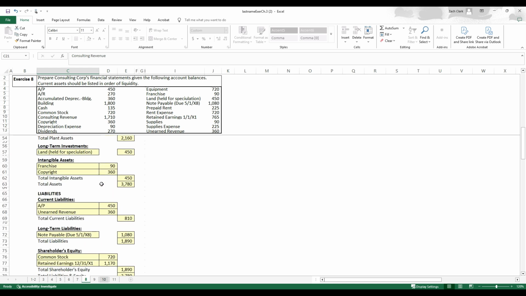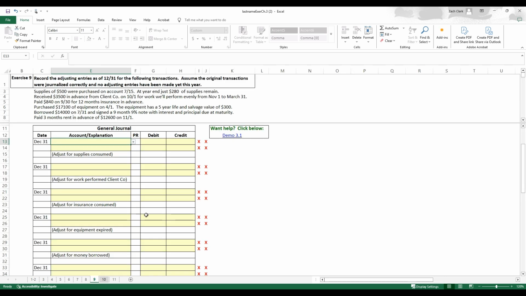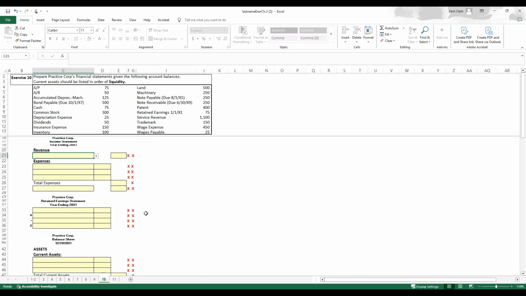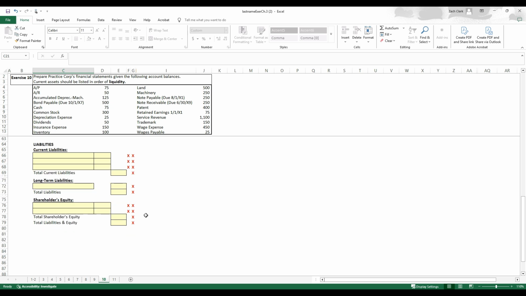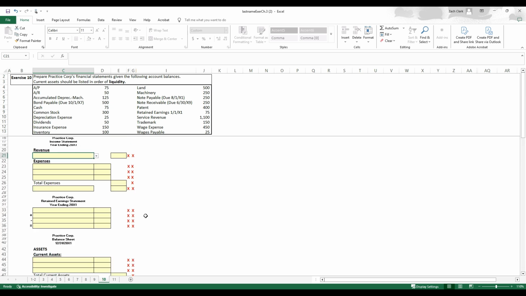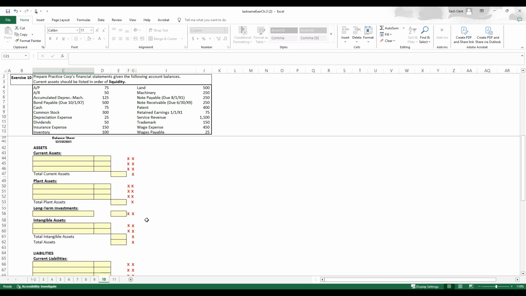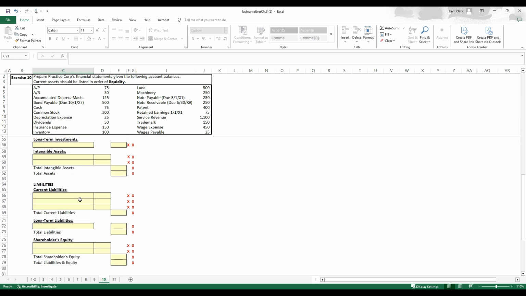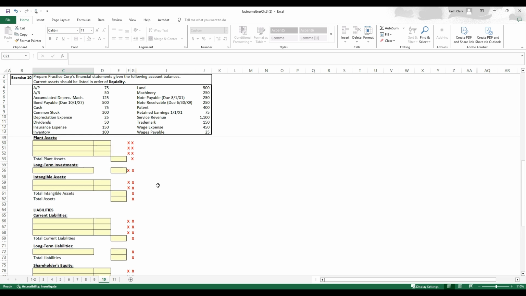Okay, so yeah, a little bit of extra work for those kind of financial statements, and I will leave this one for you all to complete. And let me think if there is anything kind of a little different on this one. In this one, we have to differentiate between the bond payable and the note payable. And the note payable is due during